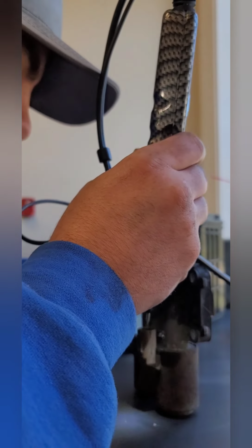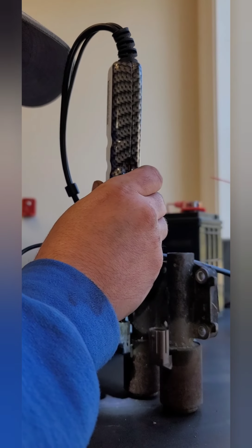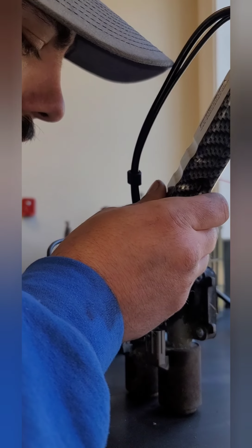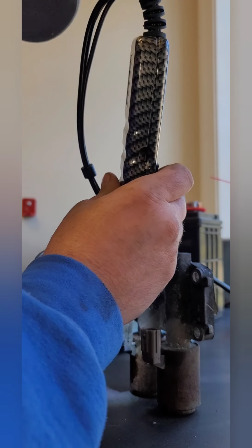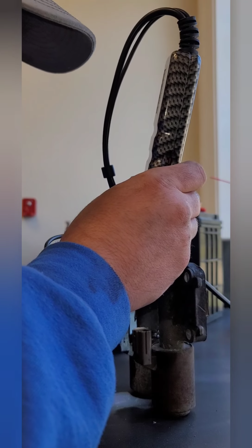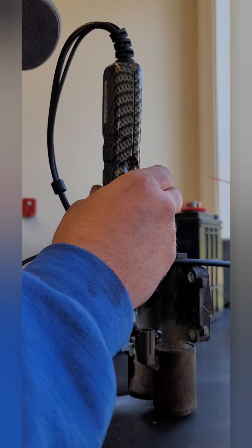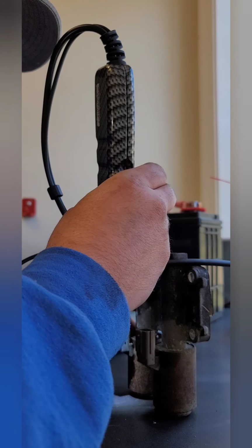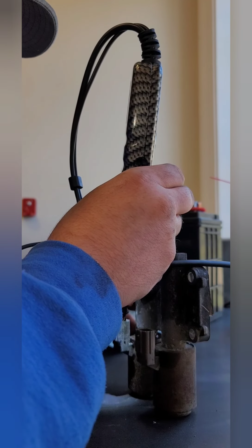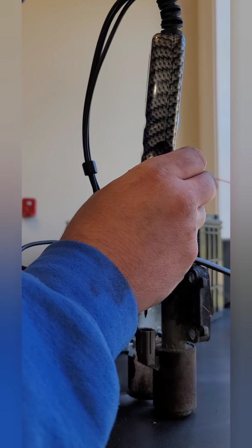So let's check this one and see if there's a difference. So you could hear that one, that it even hit that time. And it is an intermittent problem. So we have our ground, we have our power. Nothing. And actually I was testing this solenoid before I recorded this,